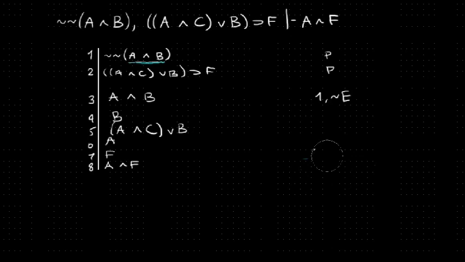And we're going to need to rewrite a little here. Let's get rid of all of that. So A and B we got from there. B we got from 3 and a conjunction elimination. A and C or B, we did a disjunction introduction of 4. Remember, we don't need any justification beyond the fact that B is true. If B is true, then A and C or B is true. A again we got from 3 and a conjunction elimination. F we got from 2 and 5